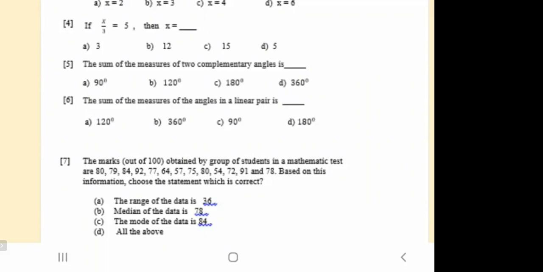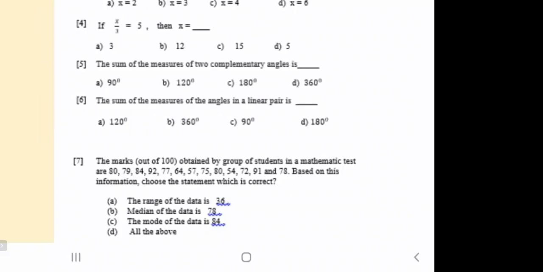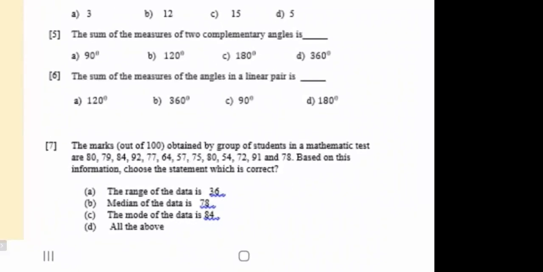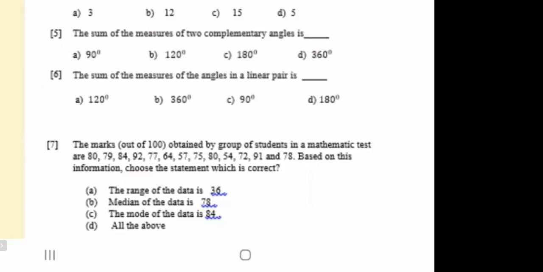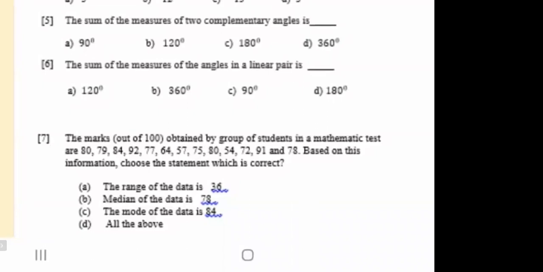The range of data, you have to find out all the things here. The statement-wise question they're giving, you need to find out. Range means first you have to arrange the data, then find the greatest value, which is the highest observation, minus the least observation, so that you will get the range of the data. Whether it is equal to 36 or not, you're supposed to check it.